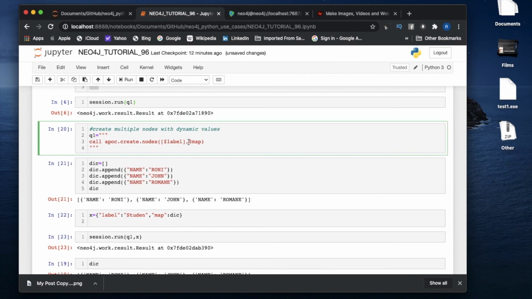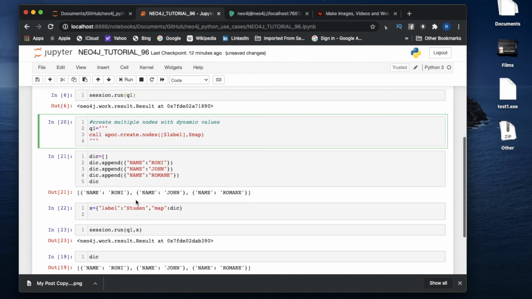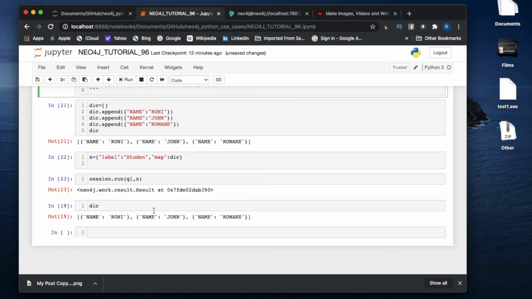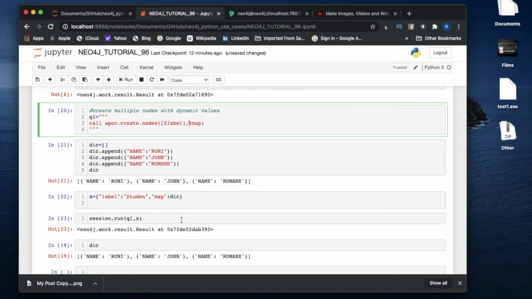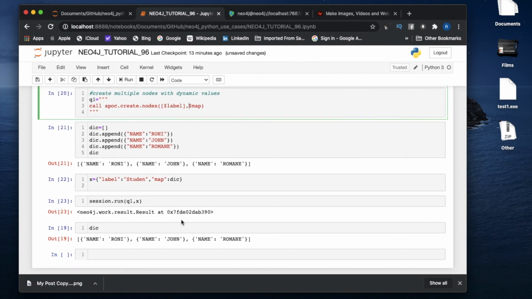I'll explain what happened. See, initially I was putting this inside a list, and this dict is actually a list, so that is why it is getting an error: list of list is getting passed, but it is actually looking for list of maps. So it is not looking for list of list. So that is why I have to remove these square braces to make it just a normal variable, and the variable is going to hold this list. This is kind of tricky, guys, so you have to understand how I'm doing it, but if you do proper practice, you'll be able to understand.